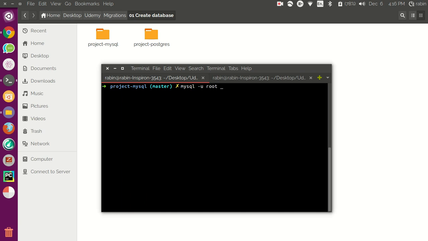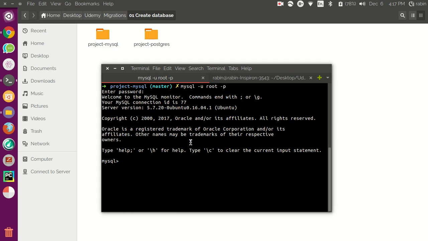I'll log into MySQL as root, and enter the password here. So now you can see I have logged into MySQL as root. Now I want to create a new user who can log into MySQL and create a new database. The command to create a new user is